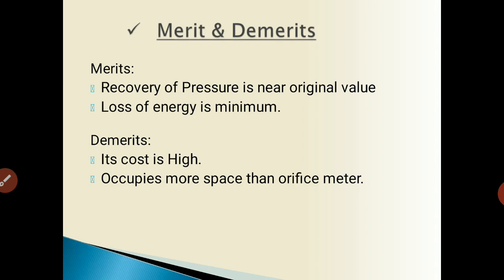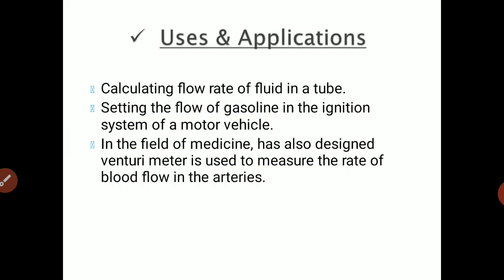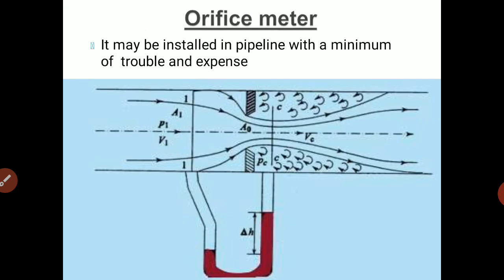To overcome these demerits of the venturimeter, there is another appliance, the orifice meter. We can apply this orifice meter directly, or it can be carried in a very systematic way. It requires less space, so it can be installed in a pipeline to get the discharge at that particular point. It is very convenient to carry.